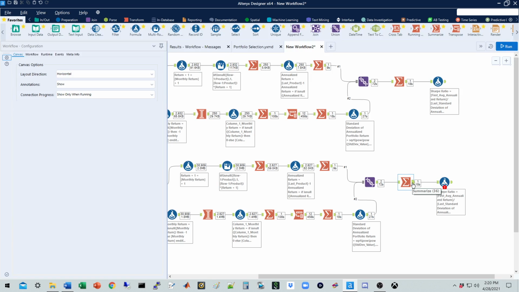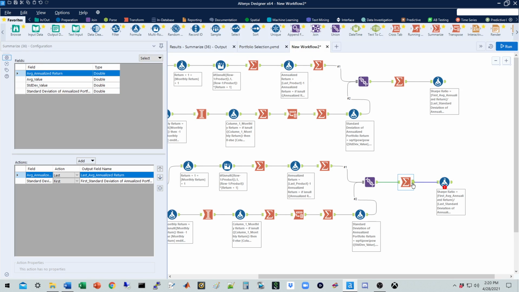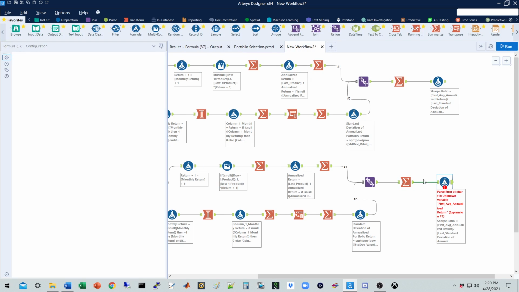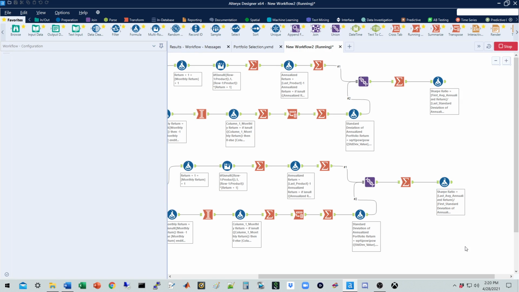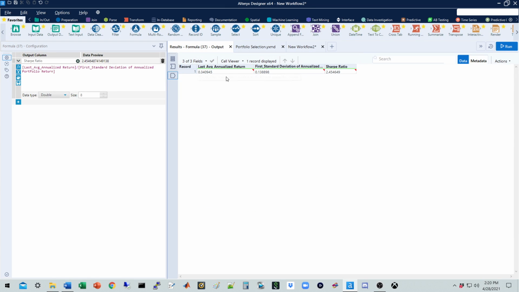And then in this we want to divide this by this. There. So now if we look, for the market, if we held all 2,627 firms in 2013, that would have been our return,